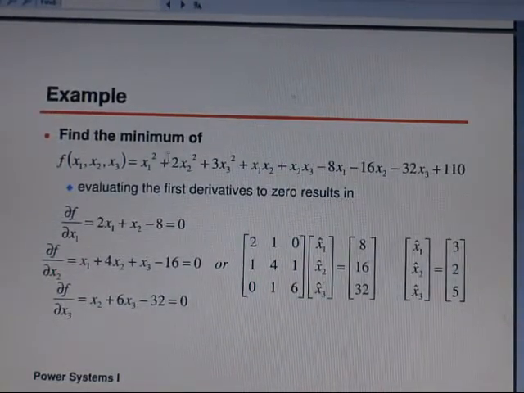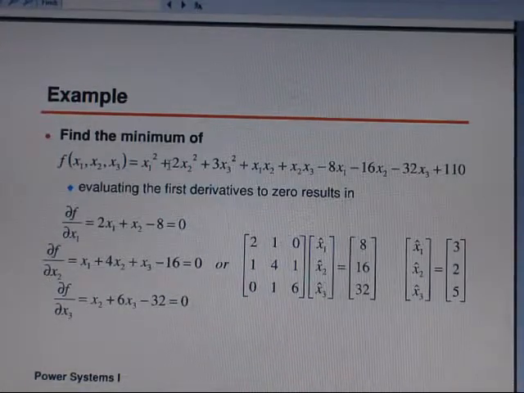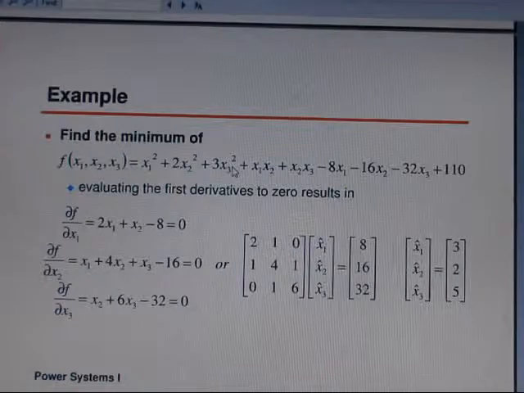So, imagine we want to minimize f(h1, h2, h3) equal to h1 squared plus 2h2 squared plus 3h3 squared